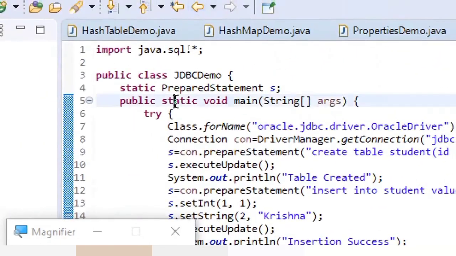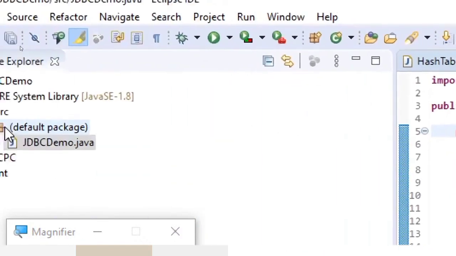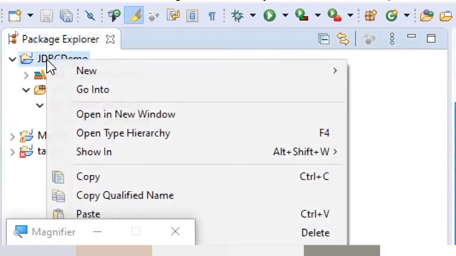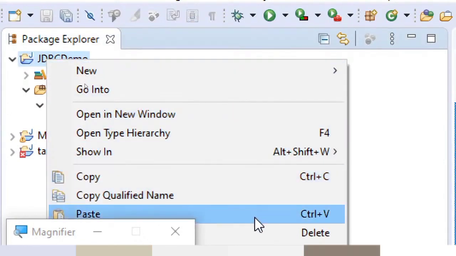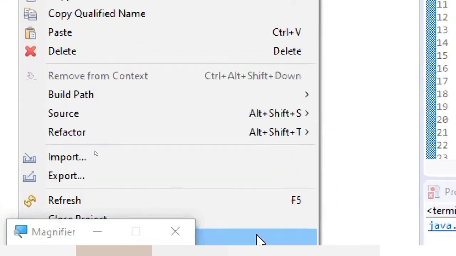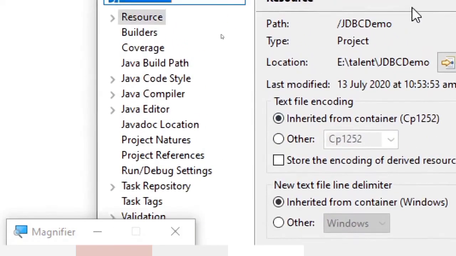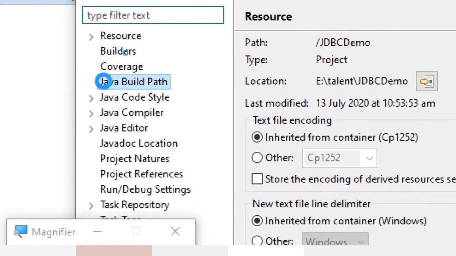So what you need to do is, when you are dealing with JDBC, you need to add the jar file. You need to add the jar. So I haven't done that. Once again I missed it. So what you need to do for adding the jar, you just need to right click on your project. I have shown you once earlier. Once again you can see, right click on project and then go to properties, and then you can find build path,